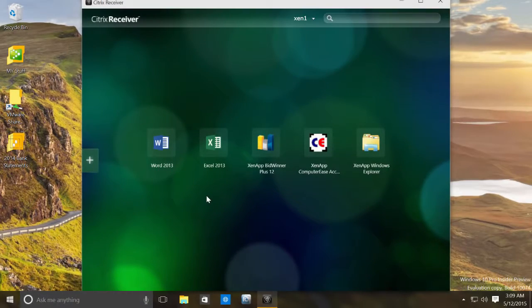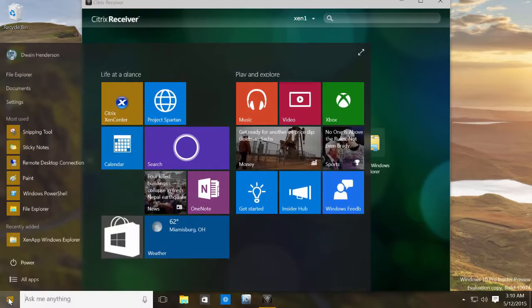Okay, so now that we have our applications, it may take maybe 2 to 5 minutes for all of these applications to populate in your start bar. But you'll notice on my Windows 10 machine, it'll look the same way on your Windows 7 machine, or even on your iMac or iPad. You'll begin to see these applications showing up